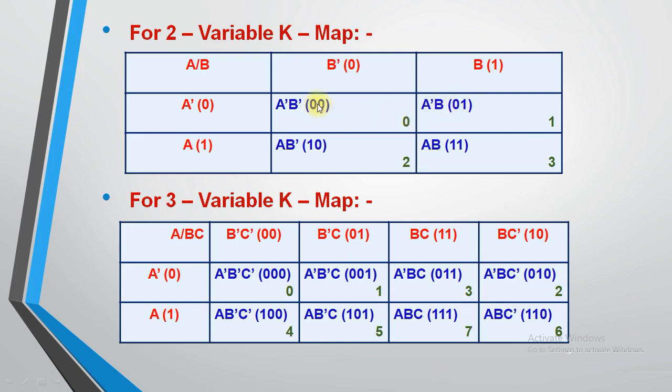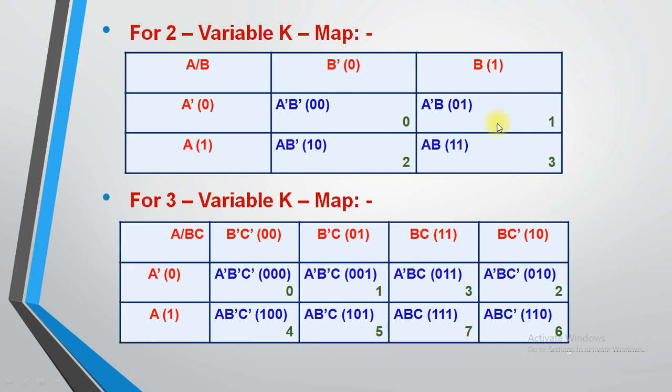So in this combination 0 0, 0 1, 1 0 and 1 1, what you need to do is, when there is a value of 0 you make a dash, and when there is a 1 you don't make a dash. The first value in the bracket represents the value of the first variable, and the second value represents the value of the second variable. So the first combination is represented by A dash B dash, the next by A dash B, then A B dash, and A B.